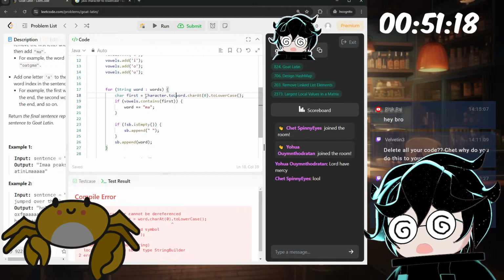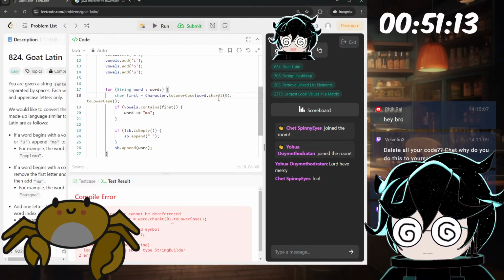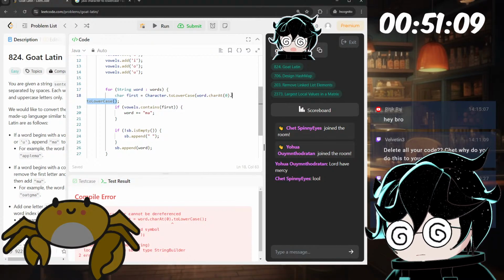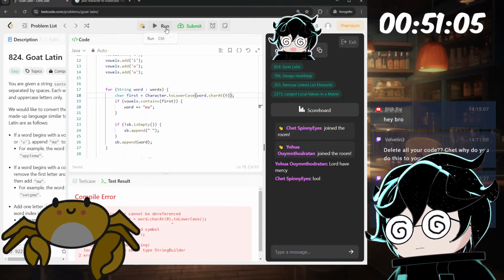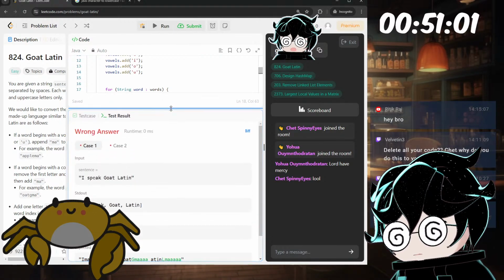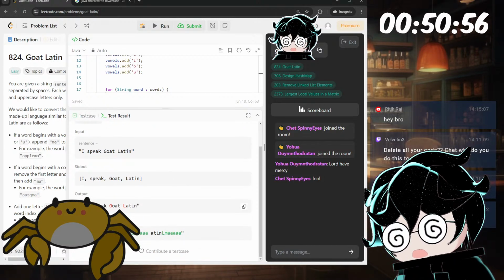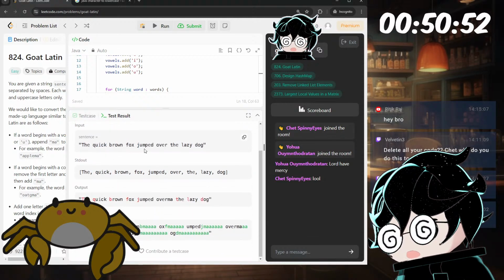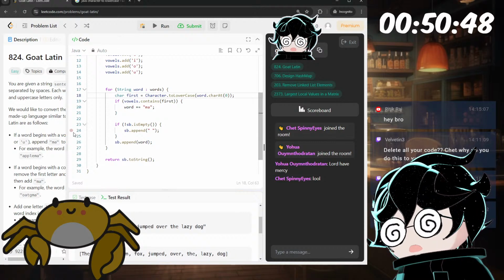Character dot to lowercase. Like this, no? Run. Okay, so now the output looks right so far. Jumped over ma, that works.